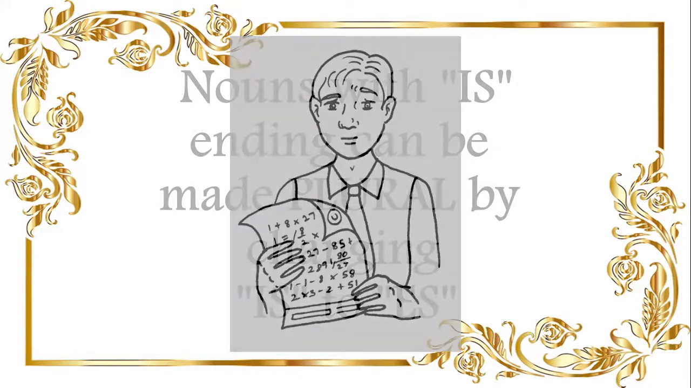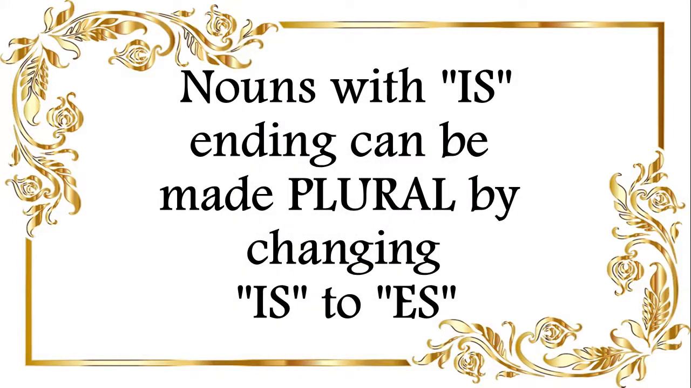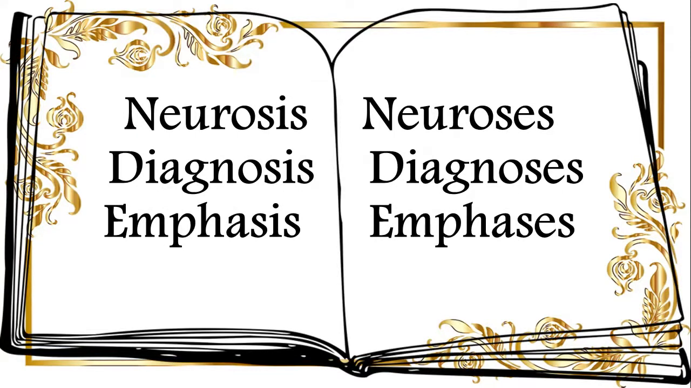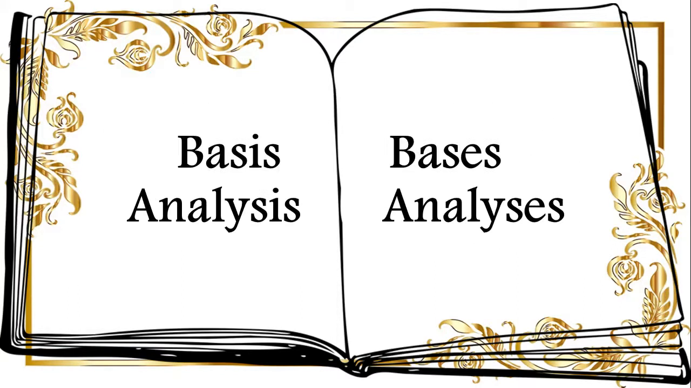Moving on to the next set, nouns with is ending can be made plural by changing is to es. Neurosis, neuroses, diagnosis, diagnoses, emphasis, emphases, basis, bases, analysis, analyses,